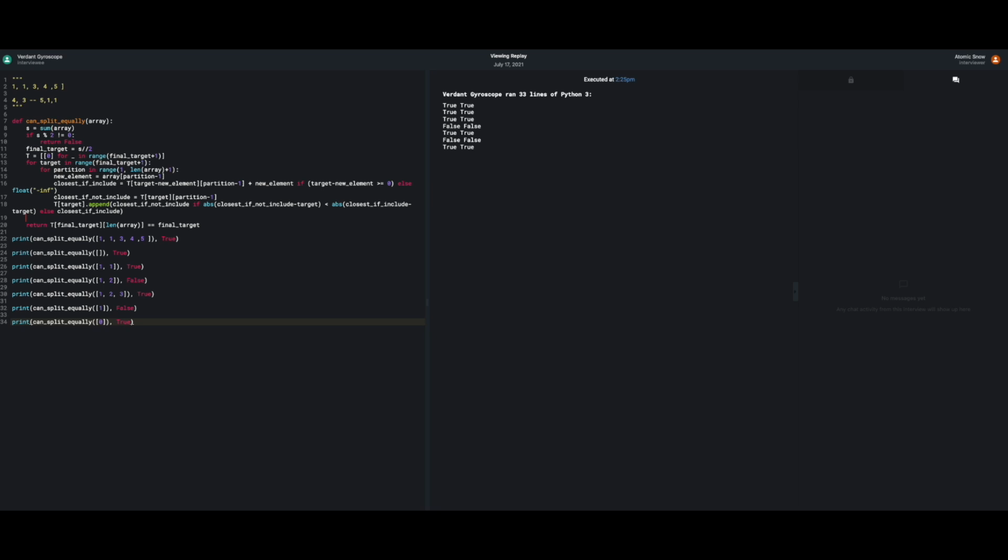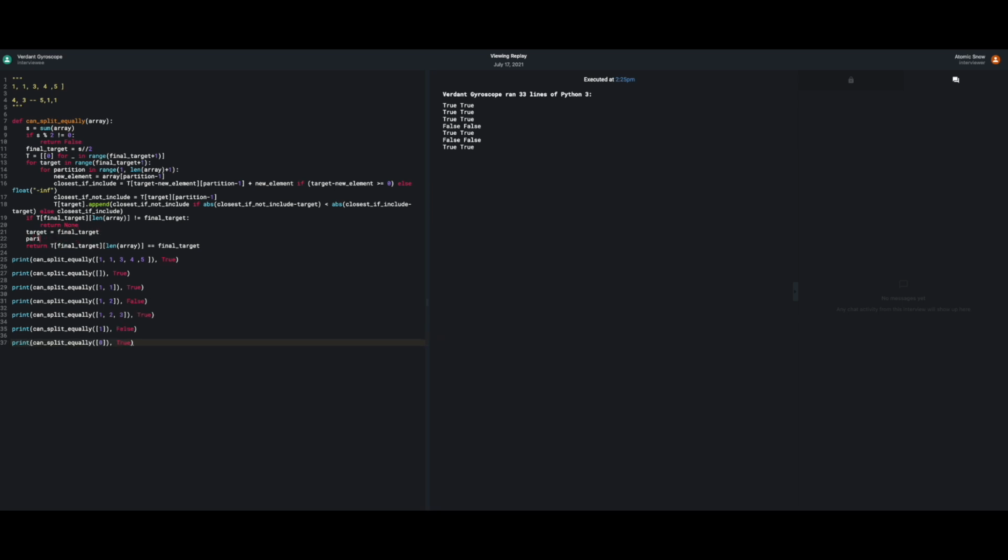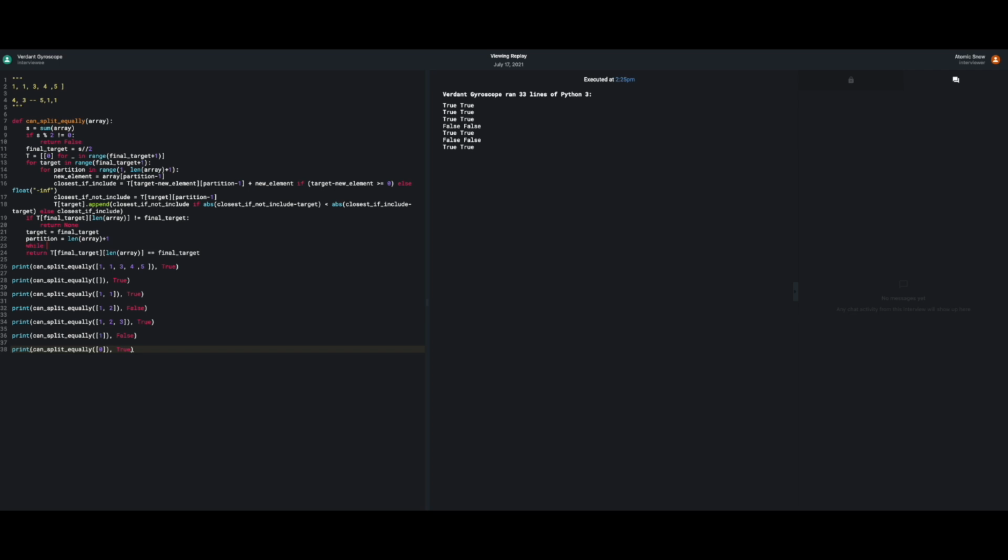Okay. All right. So at the end I'll say if it doesn't match, then return none. And if it does match, then I think we want to say target equals final target, and partition is the length of the array plus 1, and then while target is greater than or equal to 0, or actually, well, I may change these conditions later, but partition greater than or equal to 0,